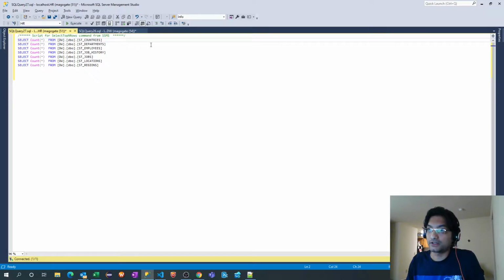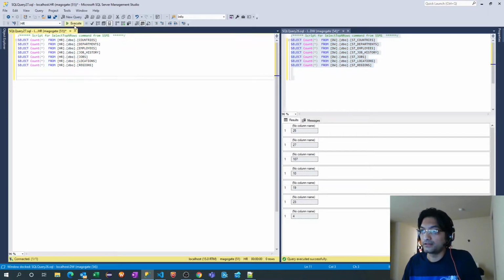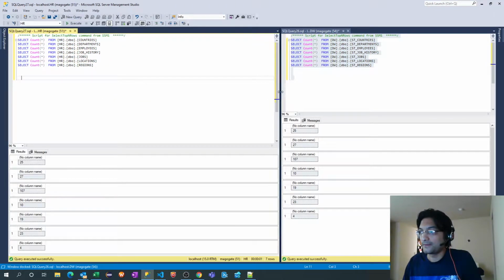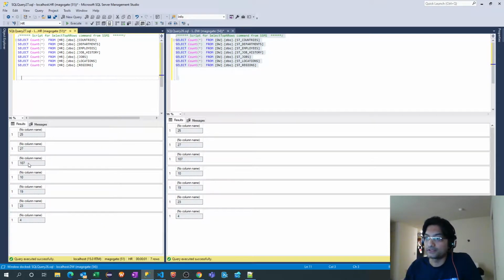So it is not underscore DW, it is HR, and we do not want this ST. So I will just remove it and move vertical. Okay. And let's compare: 25, 27, 107, 10, 19, 23, 4. Okay, so it's that easy.